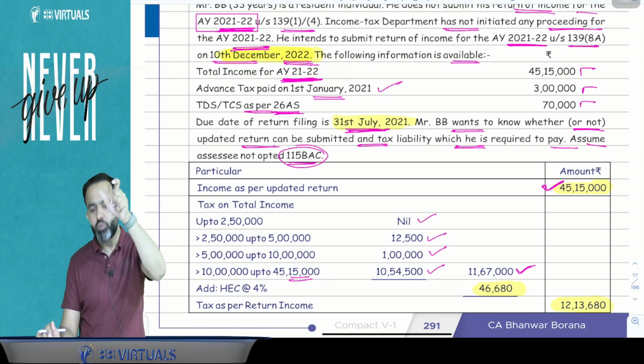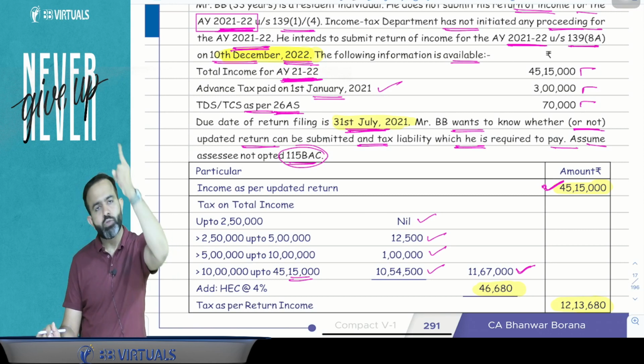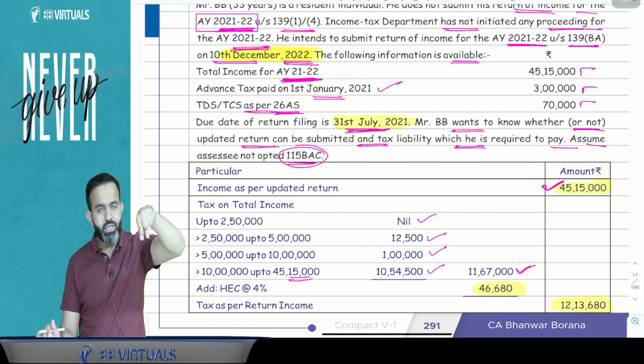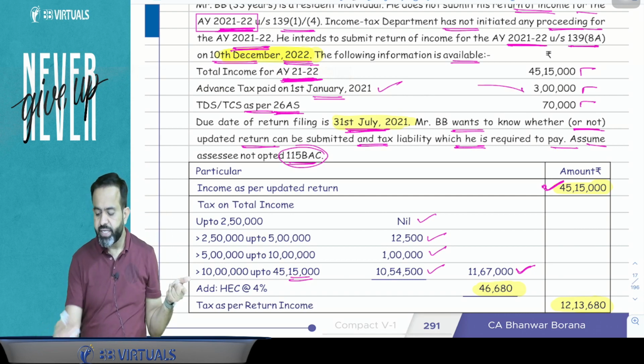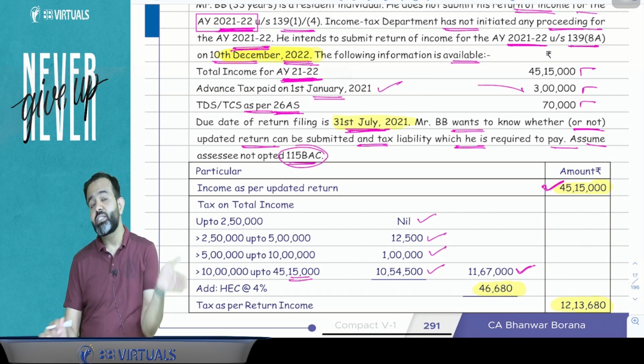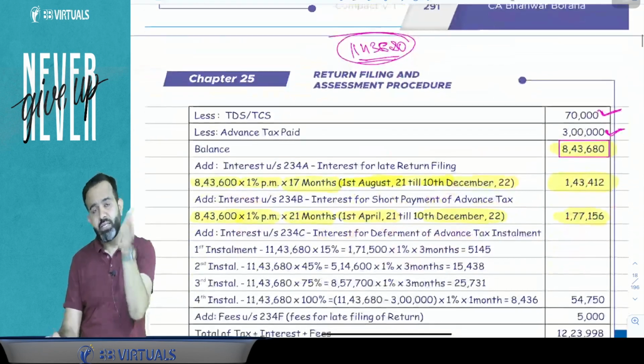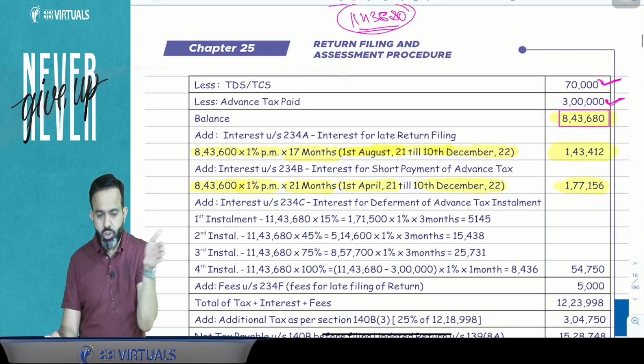So the previous year was 2021. In the first installment, that was 15 June 2021, first installment, second installment, third installment you missed, and directly before the fourth installment you paid the 3 lakh as advance tax. So for the first three installments there will be an interest under section 234C on the total amount of